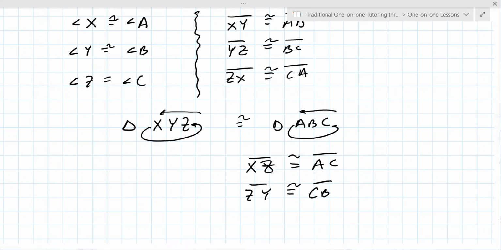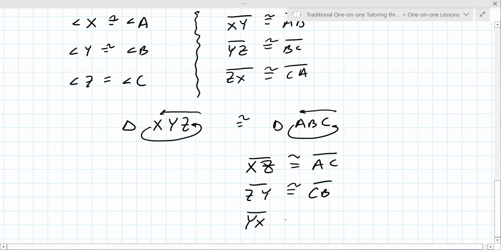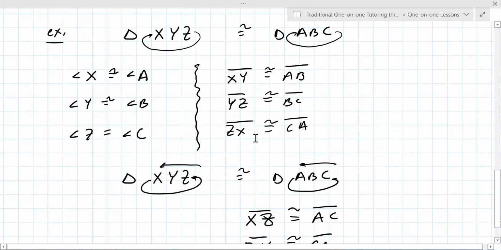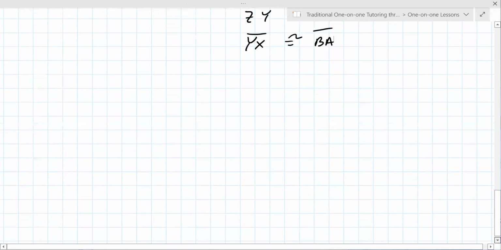So then you go Y to X, congruent to B to A. They're basically the same, but with the letters flipped in all of them. X, B, A, C. All right, I like the first one more, to be honest. Yeah, I do too, but I'll show you how, so let's look